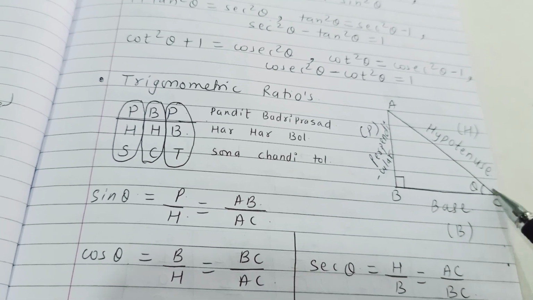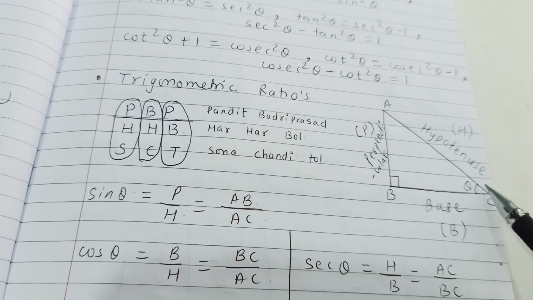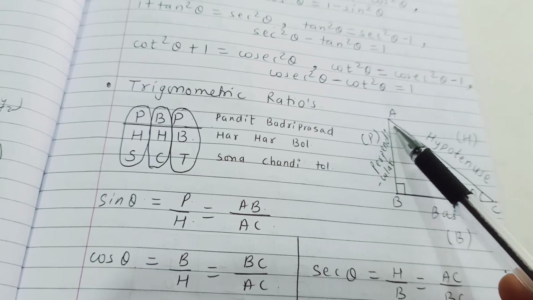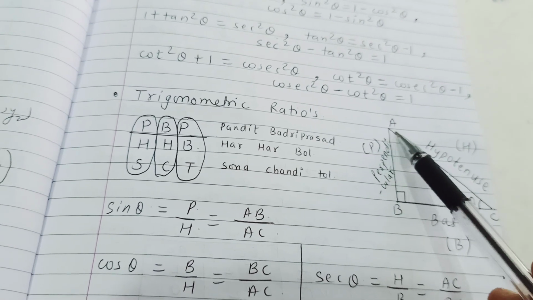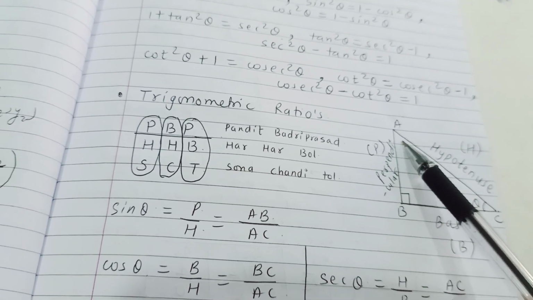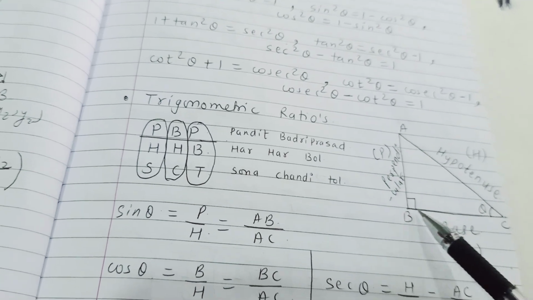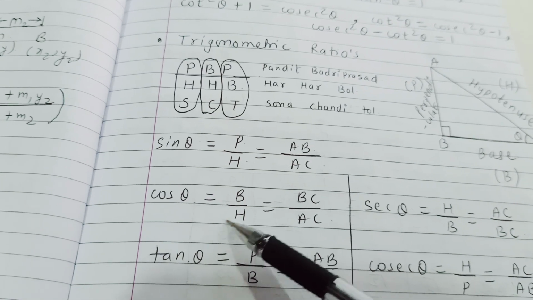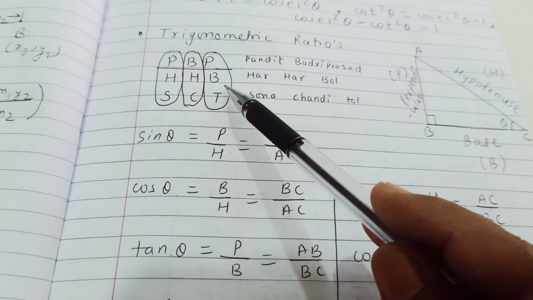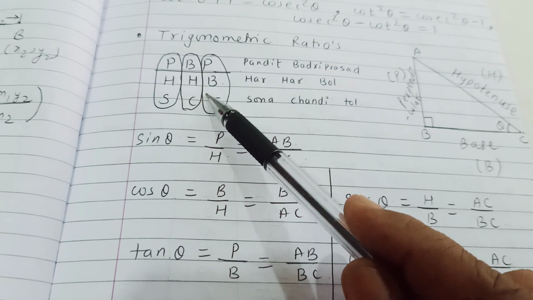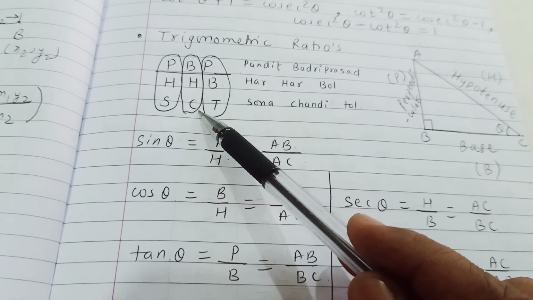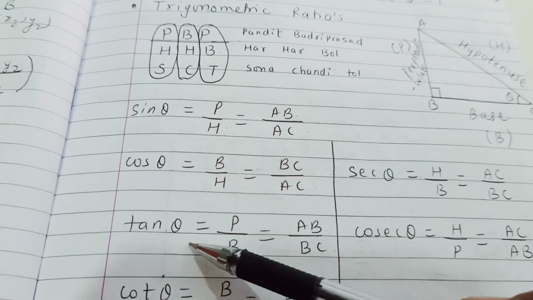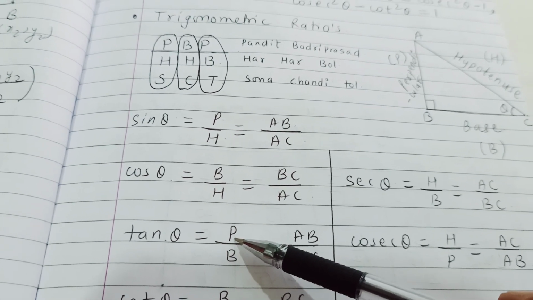If theta is given here, if you want to find the angle here, then you can write like this. If this theta changes, then we have to write it at the place of A. So this is going to be the base, and this is going to be the perpendicular. Clear? Sin theta and cos theta. Now cos theta is what, base upon hypotenuse according to this, Badri and Har again for cos. Clear? So base upon hypotenuse, that is BC upon AC, and tan theta is equal to Prasad